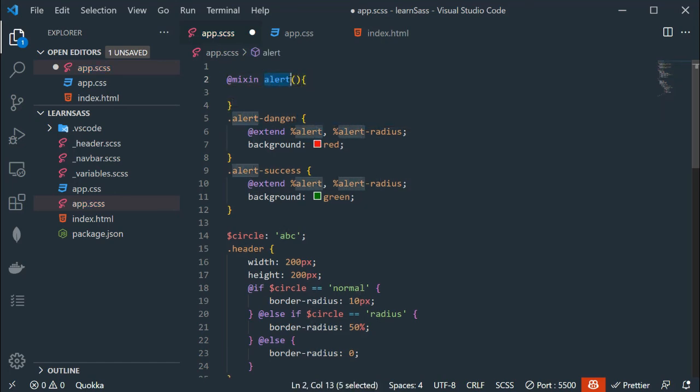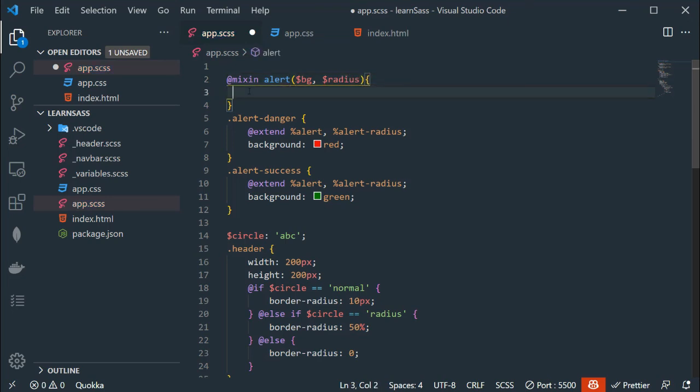This function will take two parameters. So let's say $bg. You can add $a, $b, $c, whatever you want, but in my case $bg. Second, we will have $radius like so.